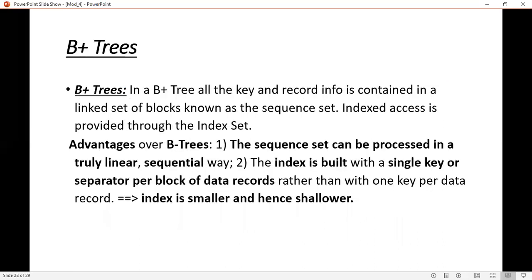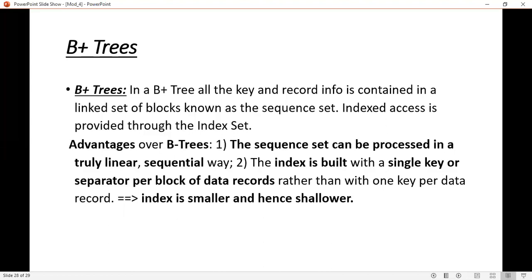Next is B plus trees. In a B plus tree, all the keys and record information are contained in a linked set of blocks known as the sequence set. Indexed access is provided through the index set. That means you have a sequence set, and upon that you have the index set, and you are accessing it through this index set.